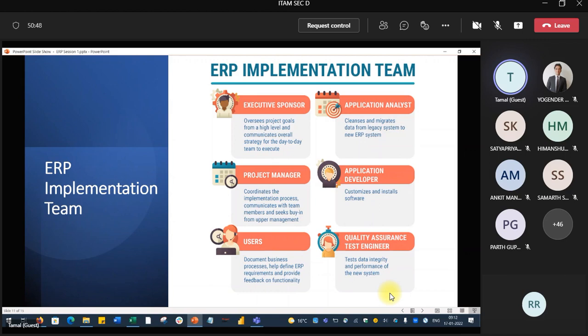Then users. How many users are there? What is their educational background, their demographic classification? Based on that, you have to draft your change management policy. Change management is an integral part of ERP implementation.